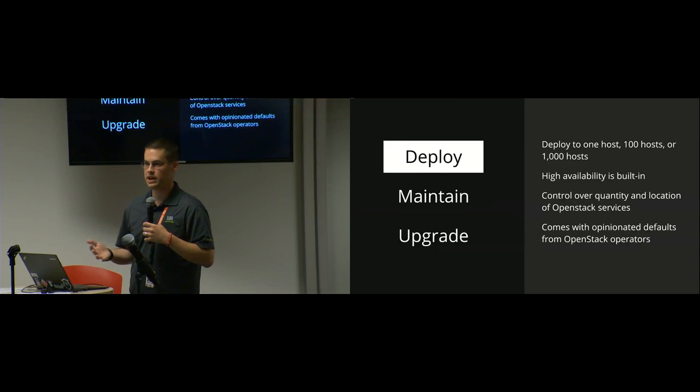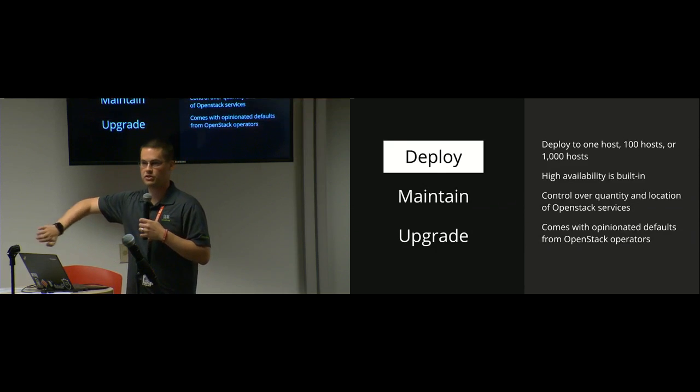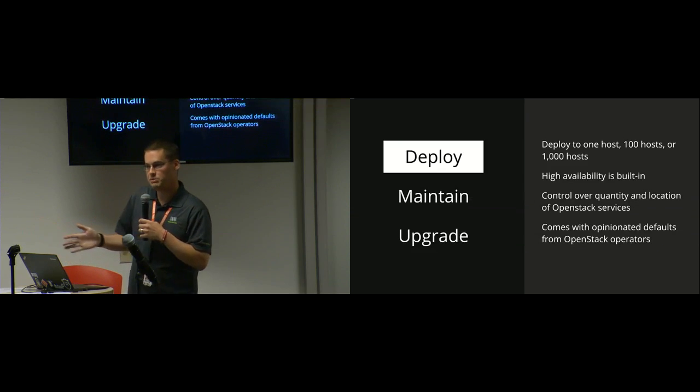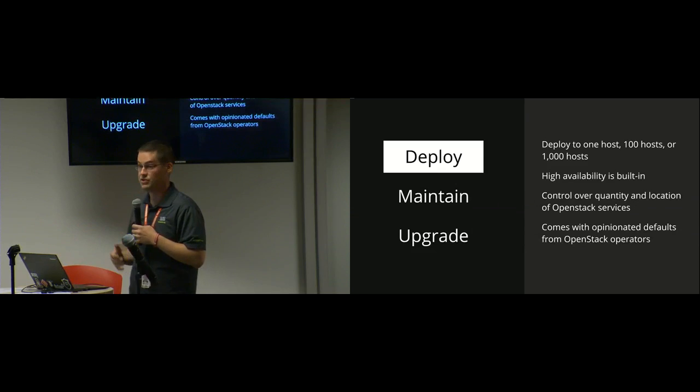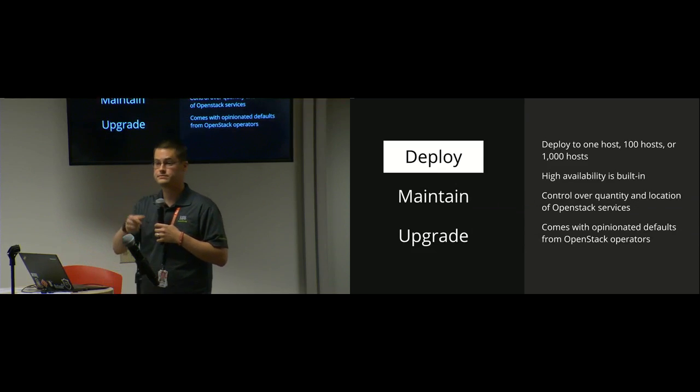So for example, in your company, if you say, I never use Heat, I just want one Heat API, forget it. If it goes down, I don't care. But I need 15 Nova APIs because people are constantly asking for how many VMs they have. You could do that. If you go in and say, hey, I have 3 machines with slow disks and 2 with fast disks, you can say, okay, wait a minute, shove my MySQL and Rabbit over to those machines with the fast disks, and maybe Glance too, and then keep everything else on the other machines. If you decide you want to change that later, you can.